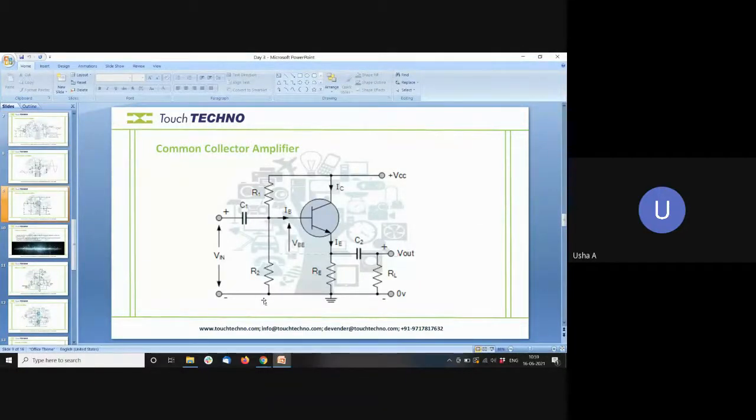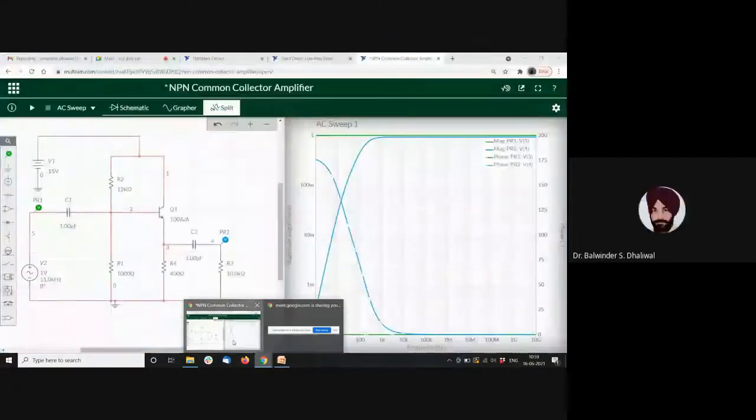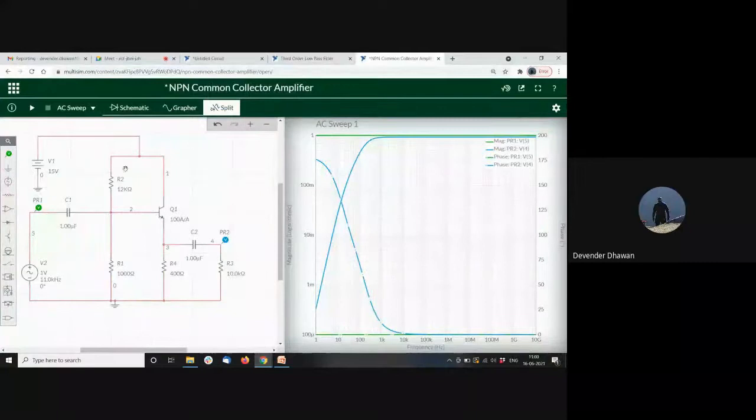So it won't get amplified. Okay, so it won't get amplified. So this is called a voltage follower, whatever we are getting is right. It's a voltage follower which follows the input. So input and output are more or less the same. They will match here. You can see it's right. After this 398 hertz frequency, it will be the same.